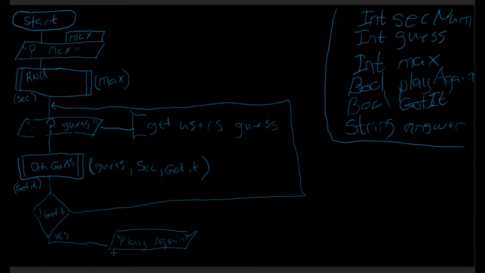Whatever they say, we're going to assign to answer. And then we're going to check if the user was going to play again, right? So we're going to say, and this will be a no. So we're going to say if play again,